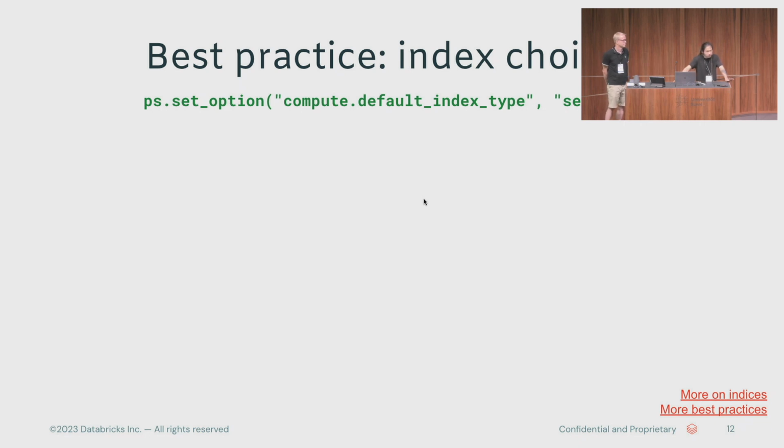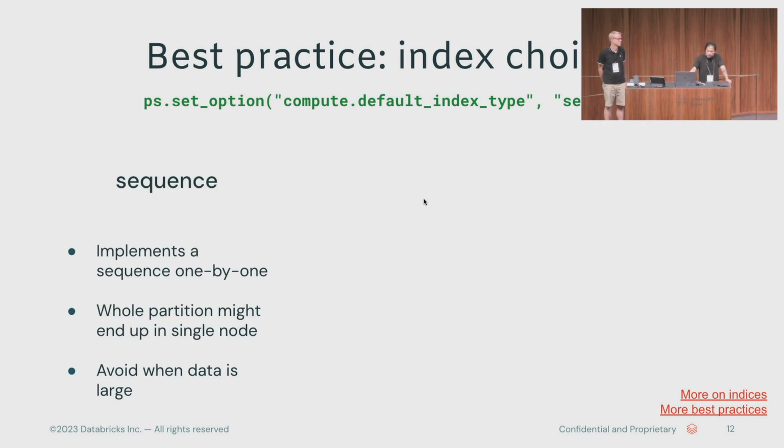There are 3 types of such index created in the Pandas API on Spark. The first one is sequence. This is exactly compatible with the Pandas range index. But this creates the index within a single node. So of course, if the data is large, then it will go out of memory. So you can just use it for simple testing purposes.